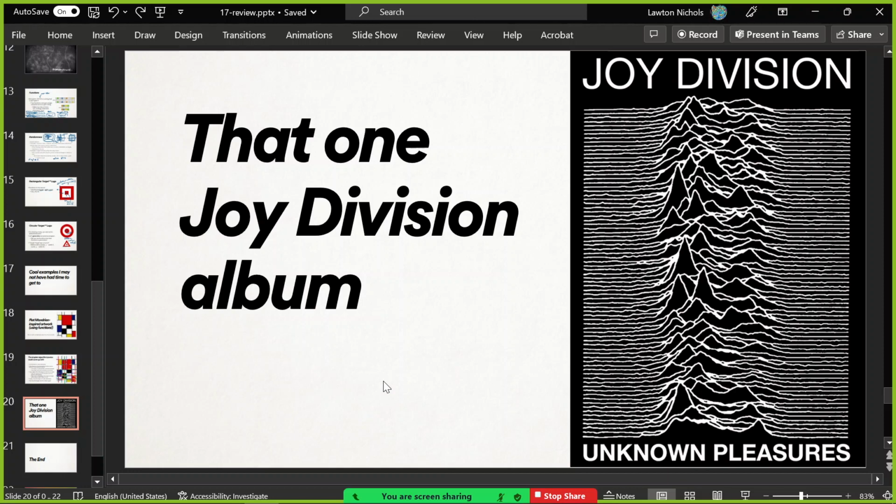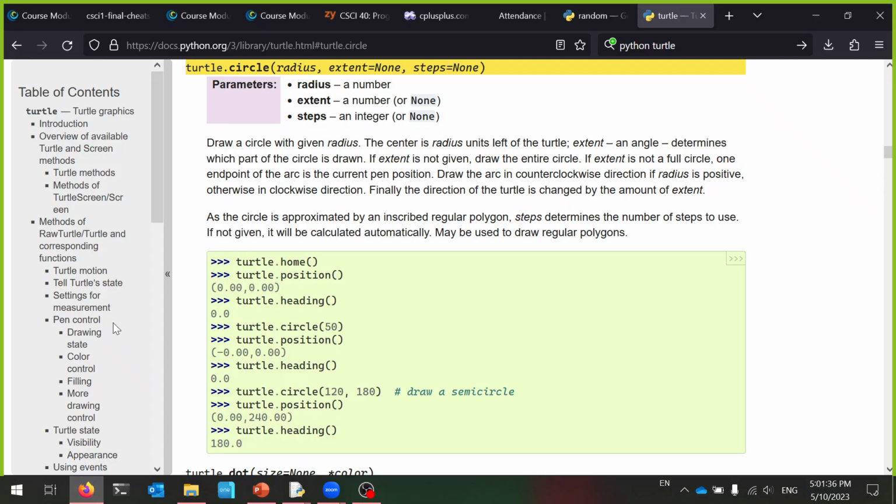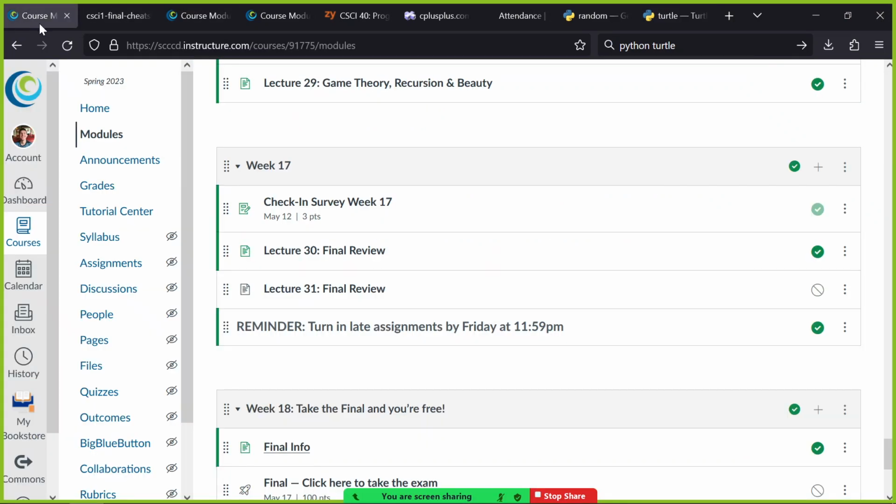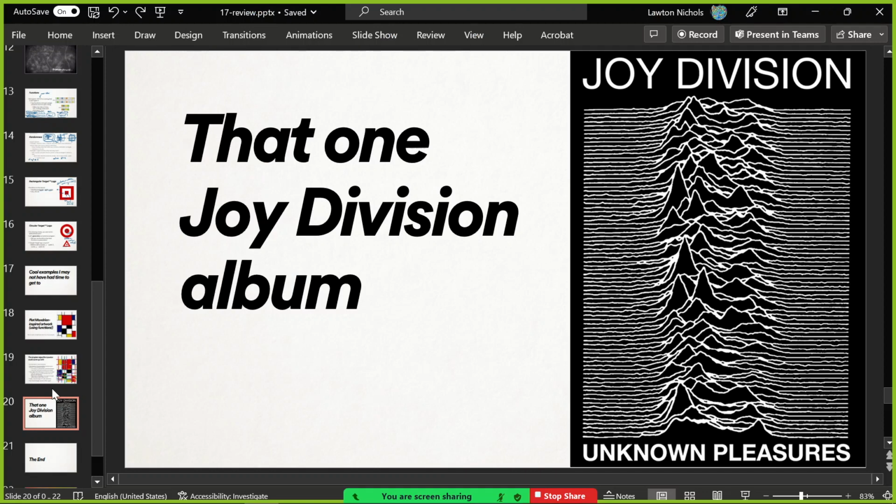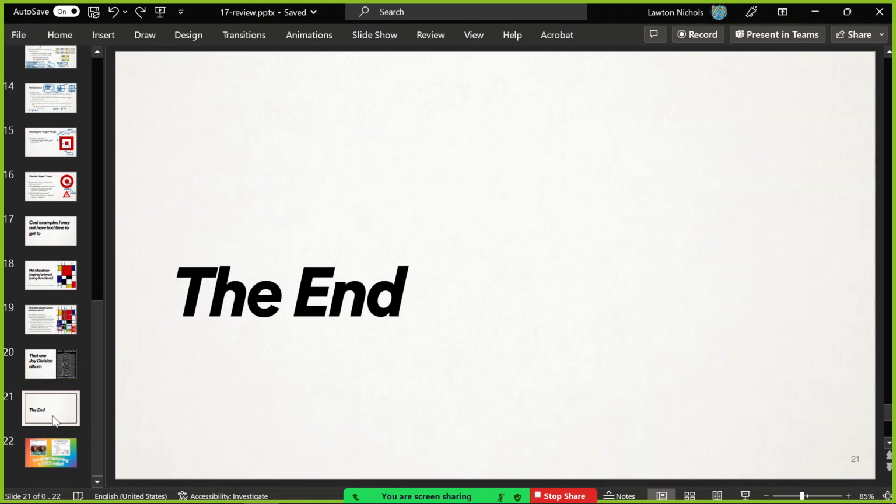So are there any questions about any of that? Probably easier to look at the code and attempt to understand it. But with that, let's see here. I talked about what's going on, when the final is going to happen. Yeah, that brings us to the end of the class.